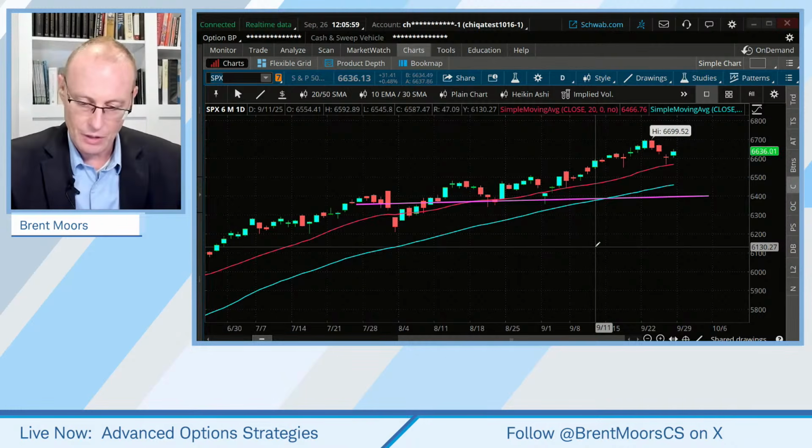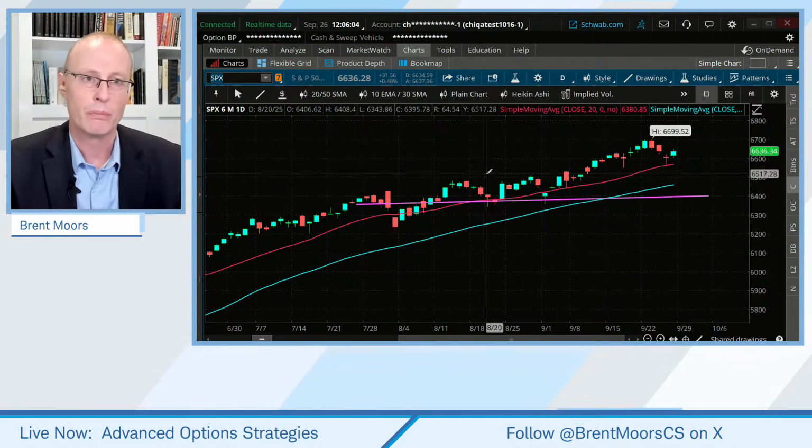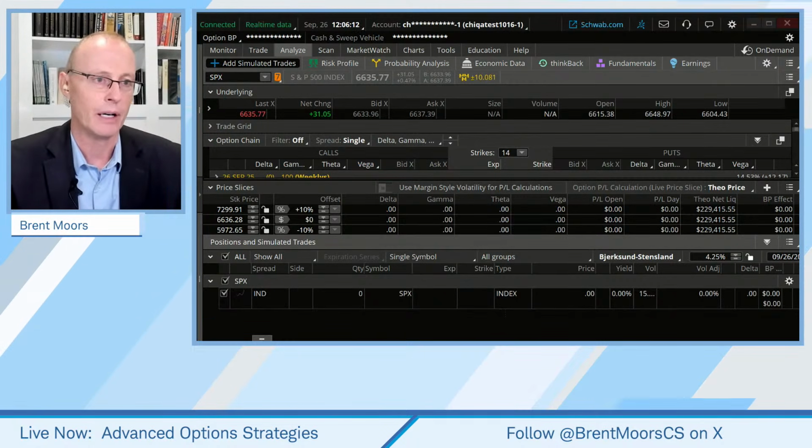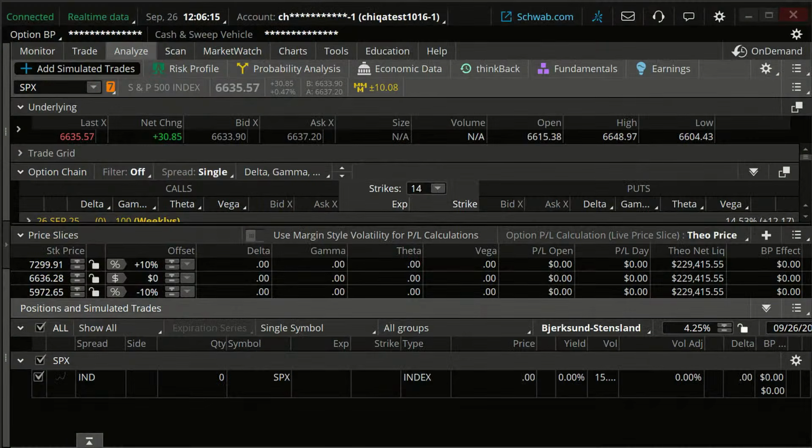All right, I think that's all I wanted to show you on that. Now what I want to do is talk to you about the Analyze tab. When we talk about the Risk Profile tab or the Analyze tab, this is the Analyze tab right here. Sometimes, as a shortcut, I say, look at it on the Analyze tab. Usually when people talk about this Analyze tab, they're talking about the Risk Profile, which is basically profit-loss graphs of your options trades. I think it is very important in helping you to visualize these trades.